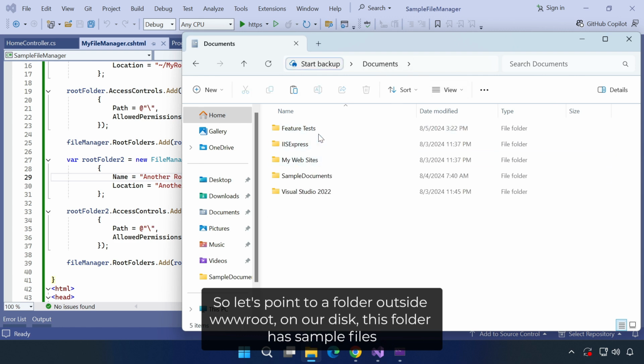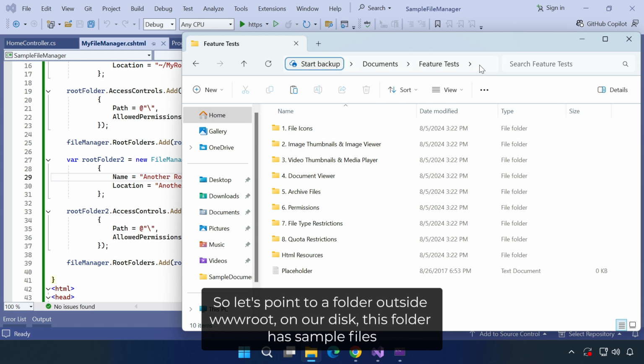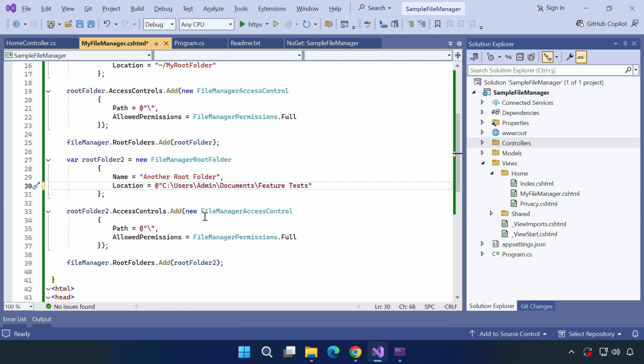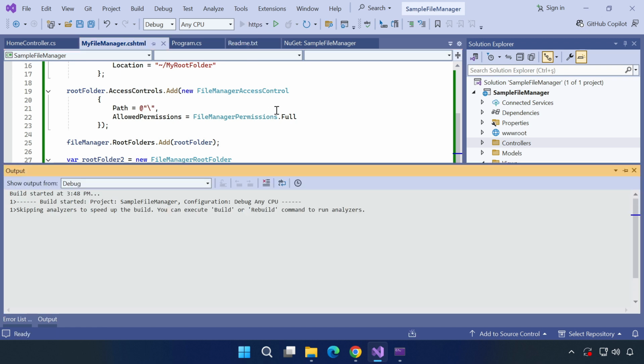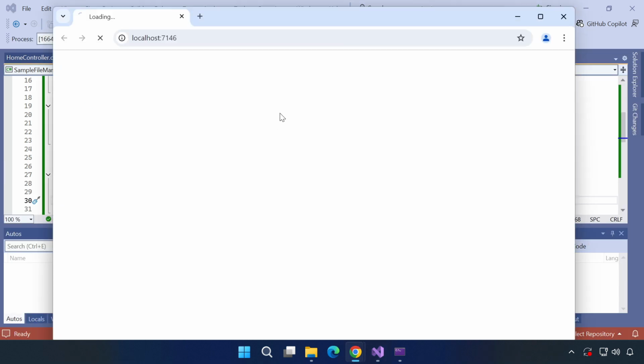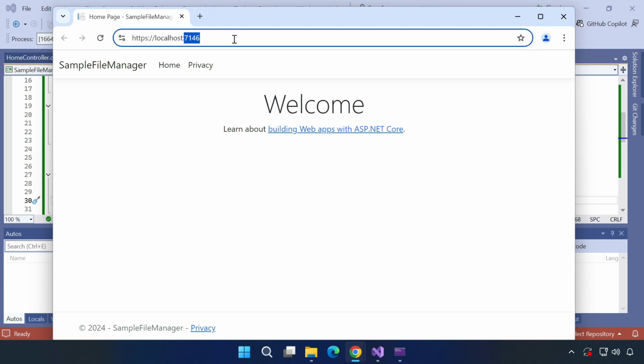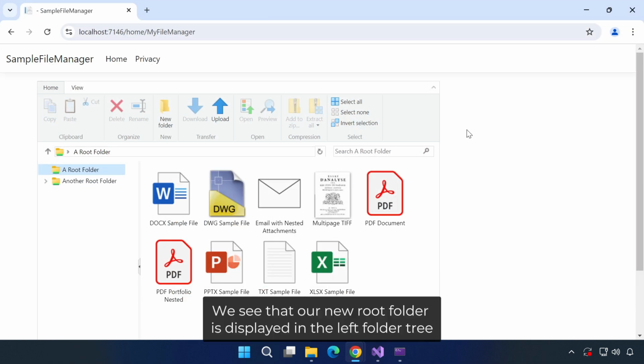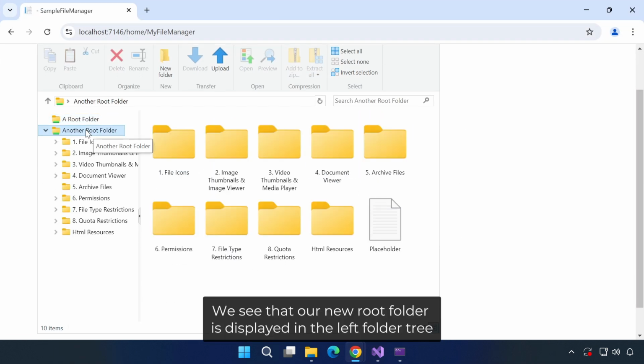On our disk, this folder has sample files. We see that our new root folder is displayed in the left folder tree.